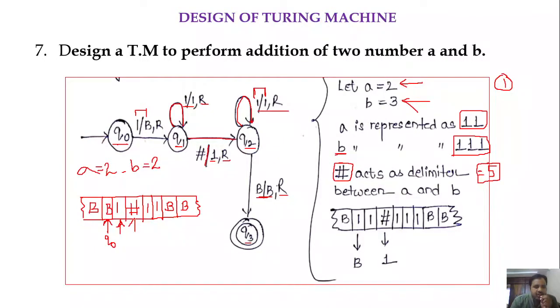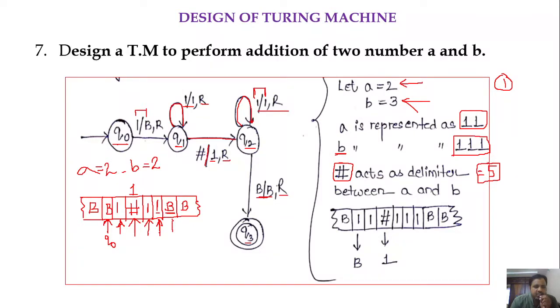So on encountering this hash, we replace that hash with a 1. Okay, and we move the head towards right. Also in Q2, if we get 1, we keep that one as it is and move the head towards right. If we move towards right, we will get another one. In Q2, if we get another one, we keep that one as it is and we still move the head towards right. So in Q2, if we get a blank, keep that blank as it is and move